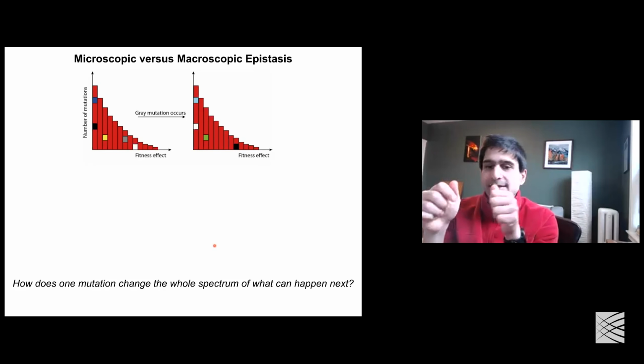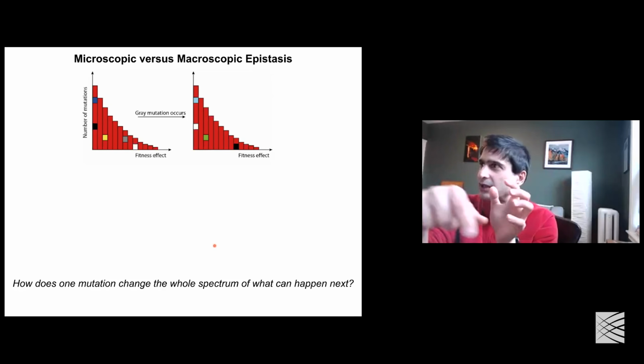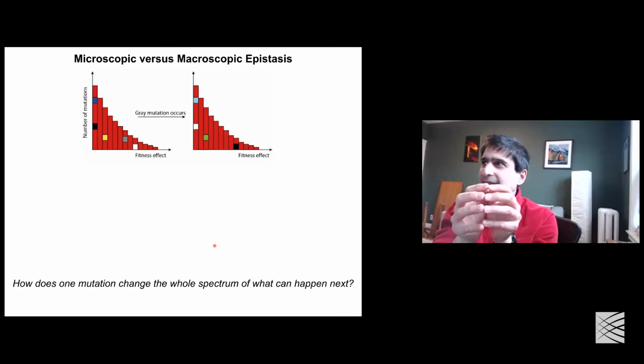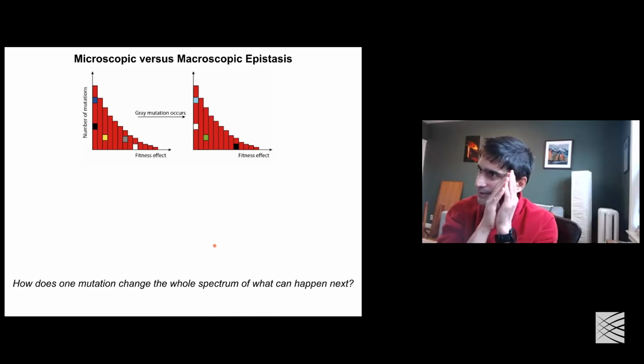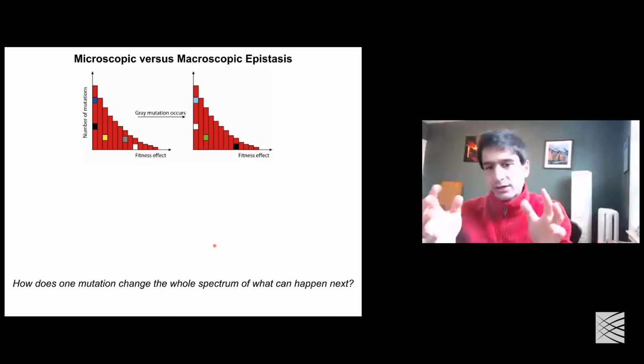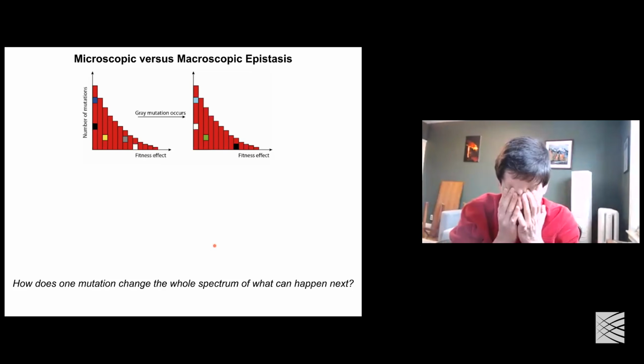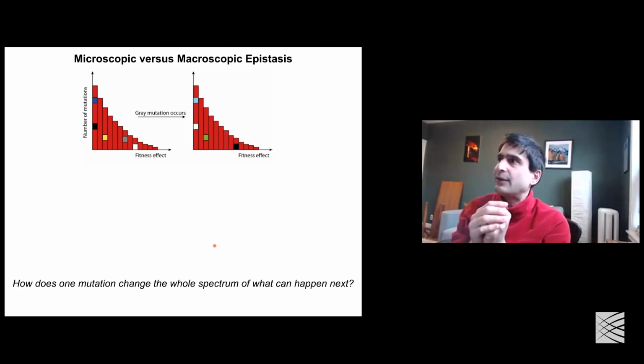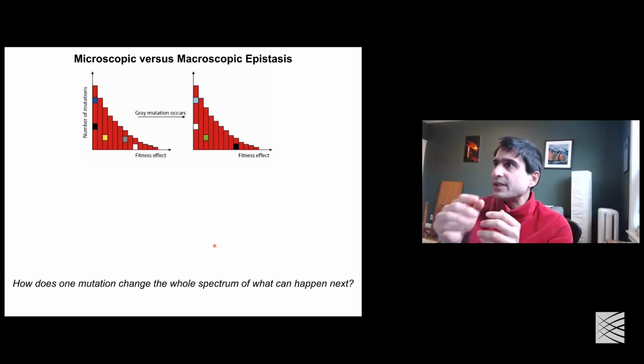What matters is not the epistasis or the interactions along the line of descent, but how the properties of the local environment change as the population moves through genotype space. A way to think about that is the most local aspect of it. This is not the only thing that matters, but just to crystallize this a little bit, the most local aspect of the landscape is, if we make single point mutations, what is the distribution of